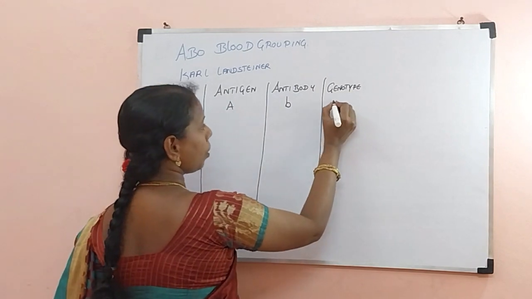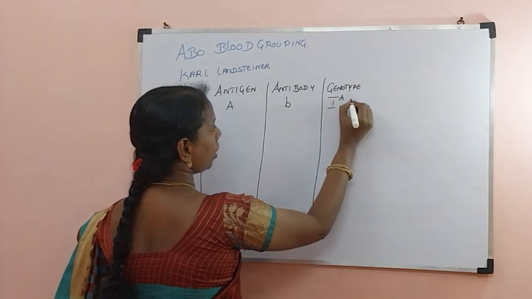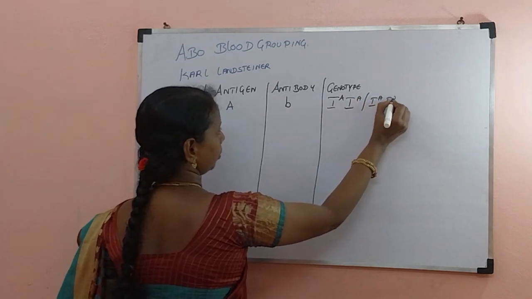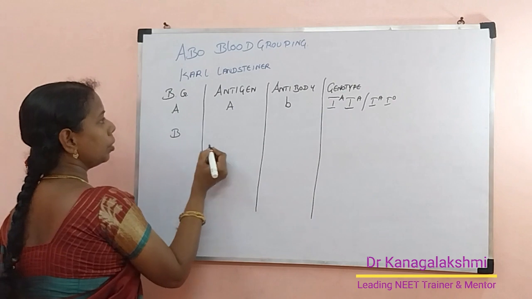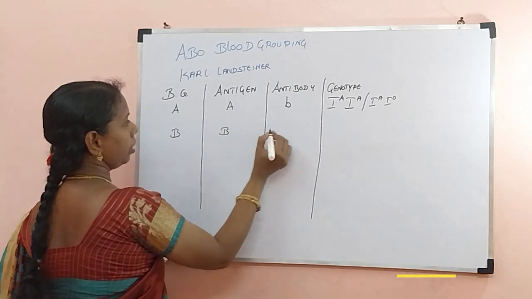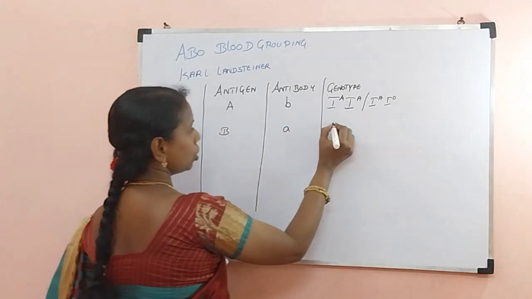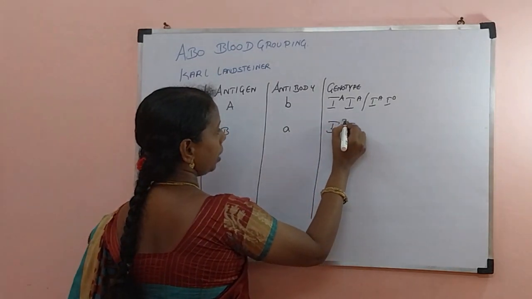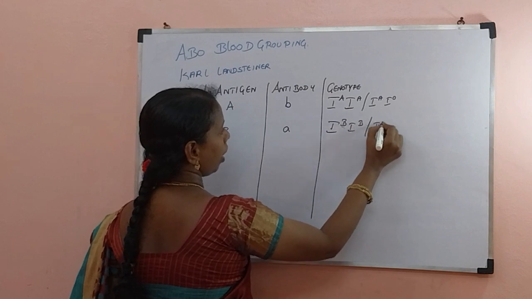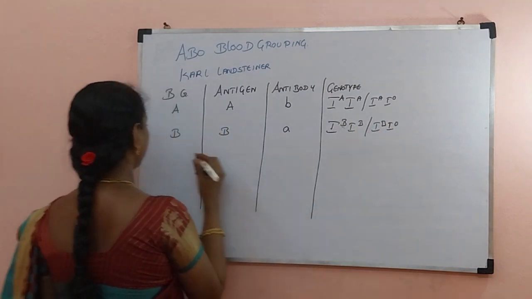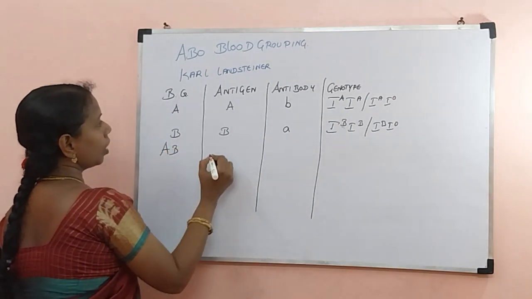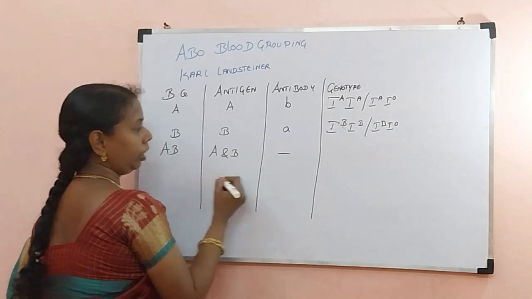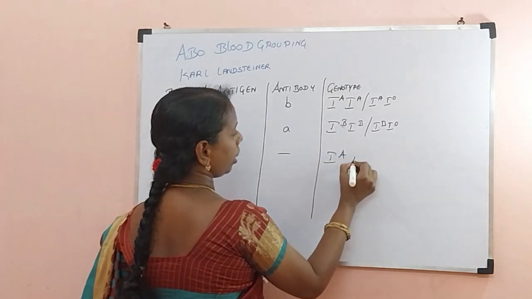What is the genotype possible? It is IA-IA or IA-IO. If it is B blood group, of course the antigen will be B and the antibody will be A. So the genotype will be IB-IB and IB-IO. If it is AB, both the antigens will be present but no antibody, and the genotype will be